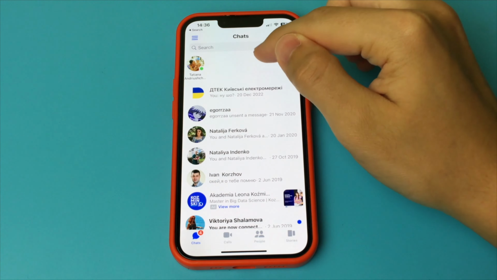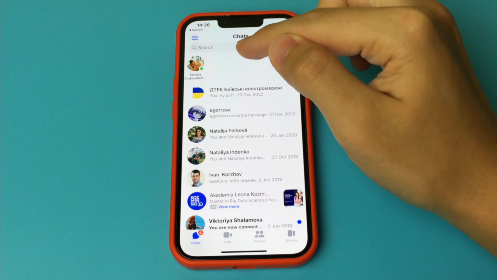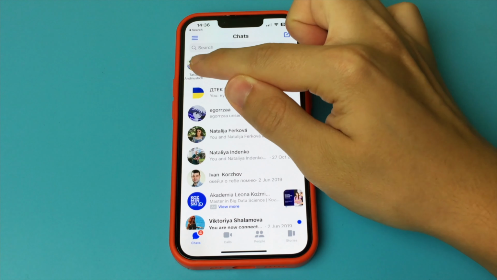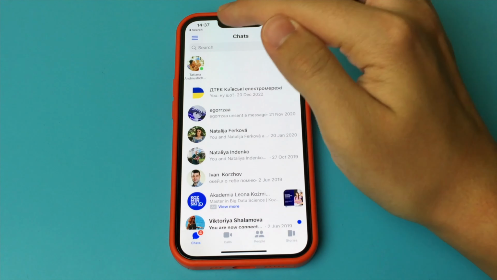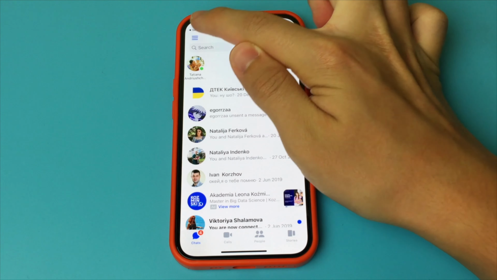Thank you. In this video, I want to show and tell you how you can disable the active status in Messenger. That is, you have the Messenger application, you have your profile, and if you are online at the moment, you will be displayed, for example, like this account, that you are online, with a green circle, or when you were last online. That information will also be available. But you can make it so that a person or any other user does not see when you were online, and there is just nothing written in this item. How to do it?